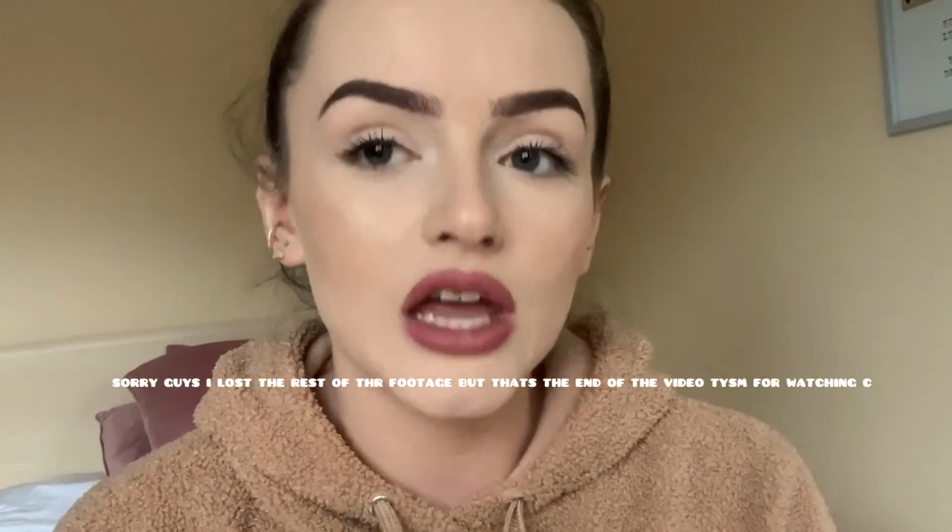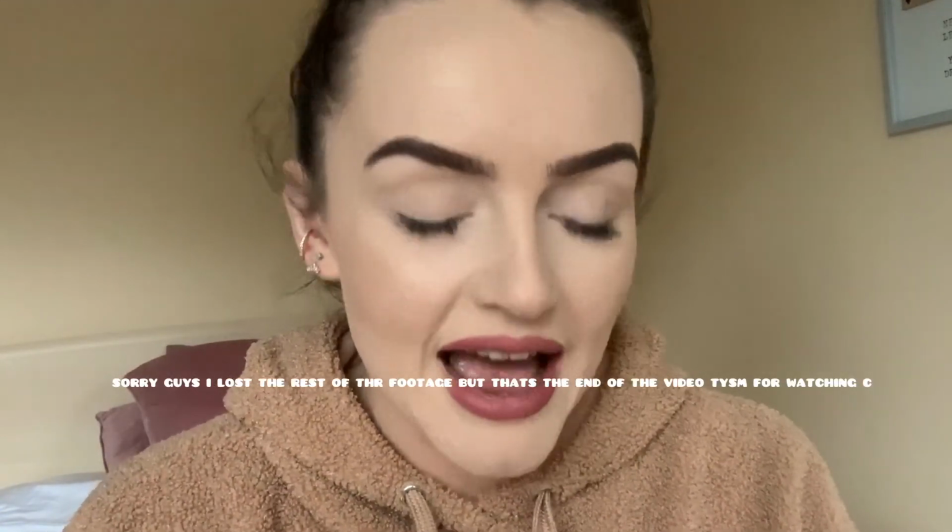The colours, normally I'm a medium brown in all my other products. So my Kat Von D, I think I'm a medium brown in the gel. So the fact that I went medium brown and they are very dark, just probably potentially go one shade lighter than what you think you are, because once it sets, I feel like it definitely goes a little bit darker, because there's not a chance that I normally go that dark with my brows, or maybe they're not even as dark as I'm